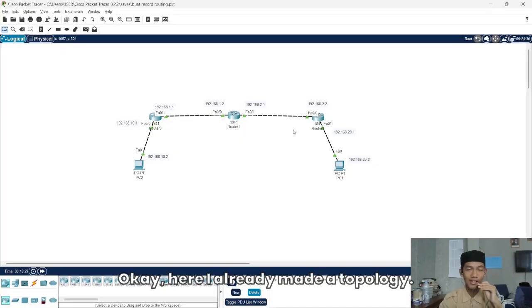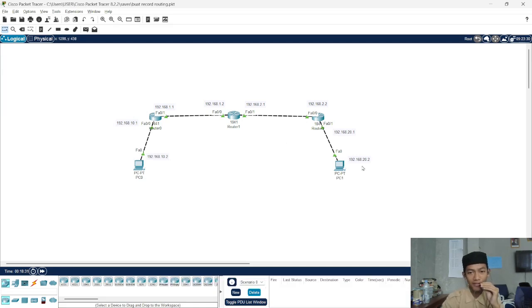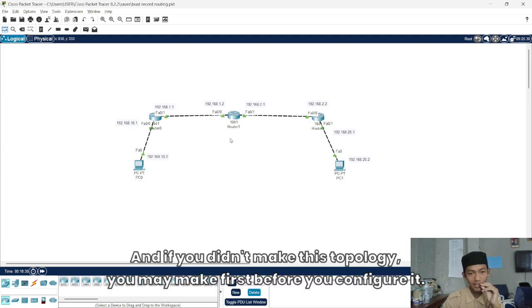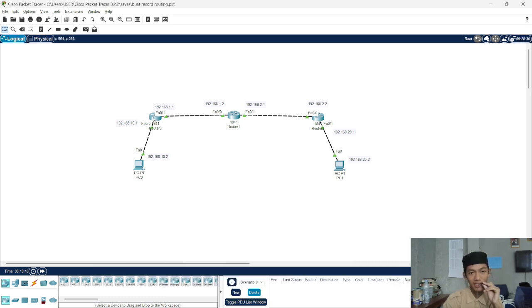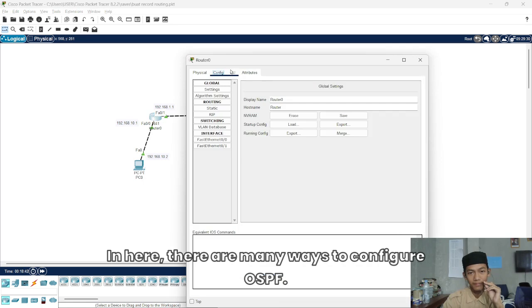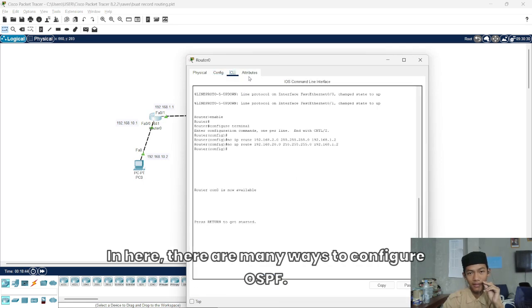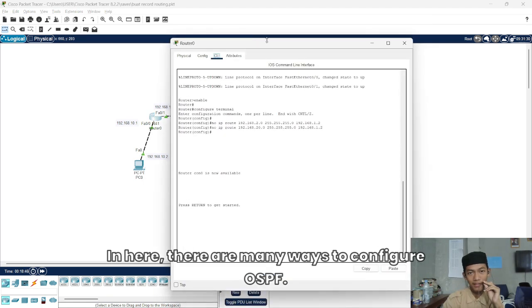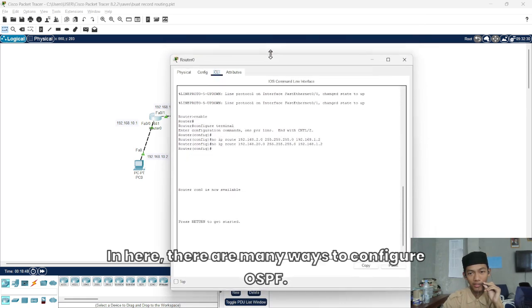Okay, here I already made a topology, and if you haven't made this topology, you may make it first before you configure. There are many ways to configure OSPF.